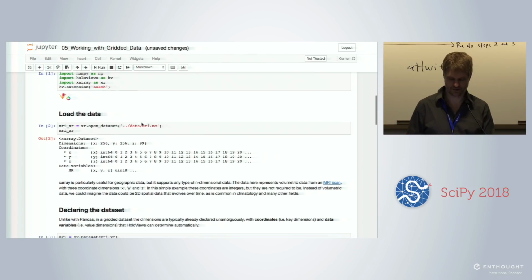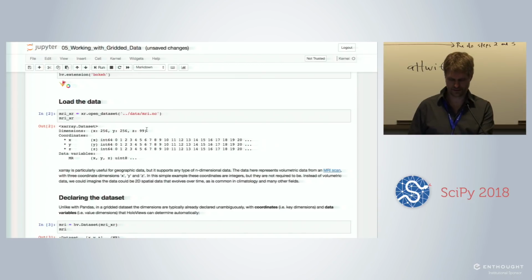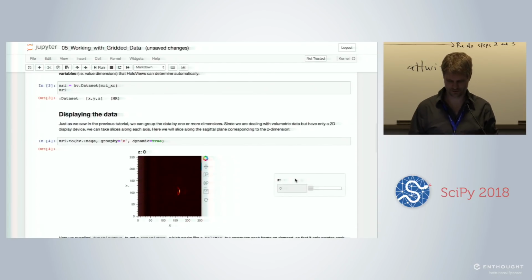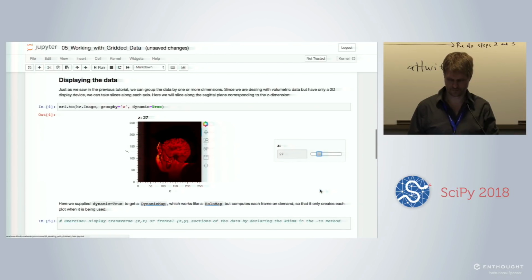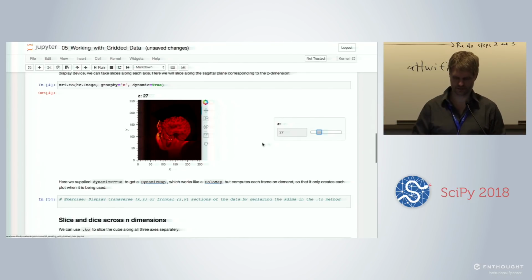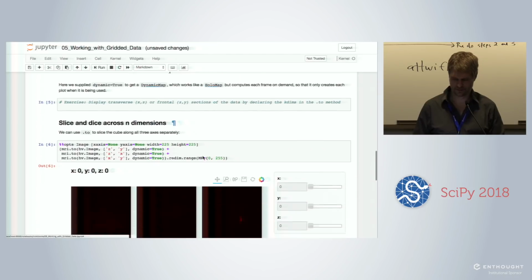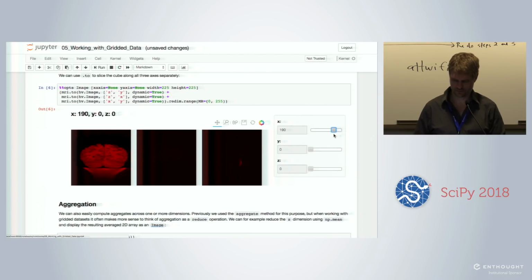Okay, so here's the data set. In particular, it's a multidimensional data set of X, Y, Z. Well, you'll see in a second which it is. This particular one is an MRI scan of a brain. Here it's converting it into an image. It's multidimensional. If you want to see it in 2 dimensions, you have to tell it, okay, I want a slice of it. And what does it do with the rest of it? Well, you get a slider for the thing that wasn't in the slice, or several slices if you want,